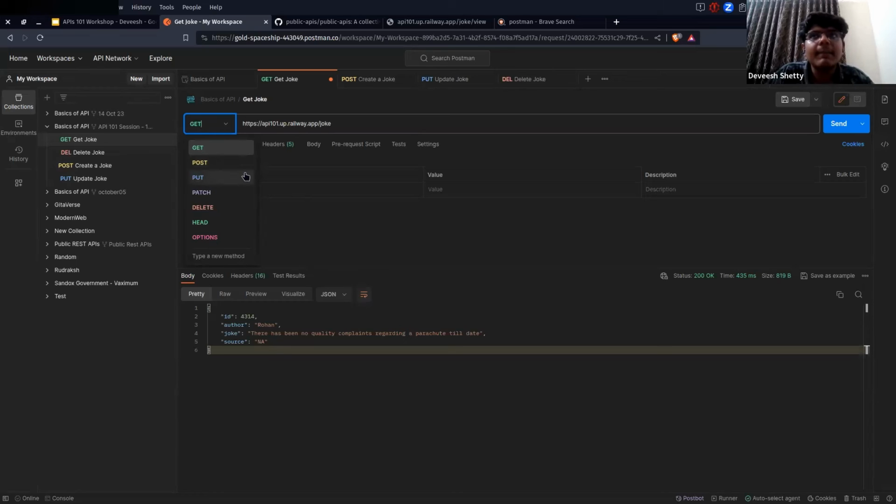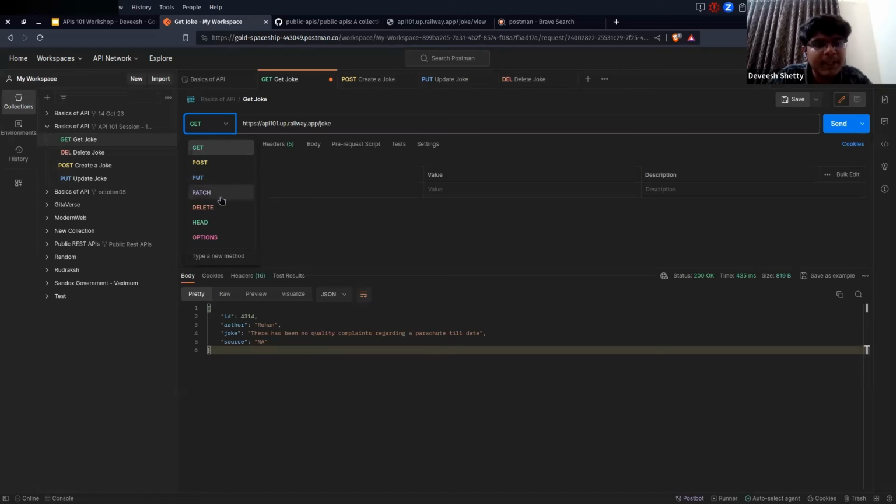Patch will only update a specific part of the data, while put will completely replace it. Think of patchwork, small changes. Both are similar, and it mostly depends on how the developer has defined it.